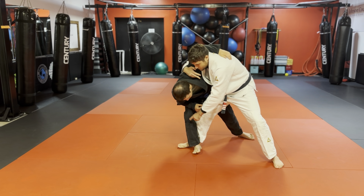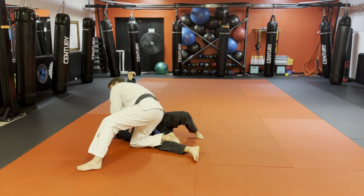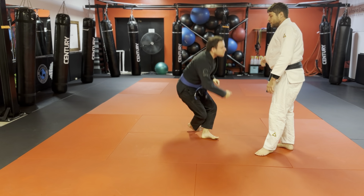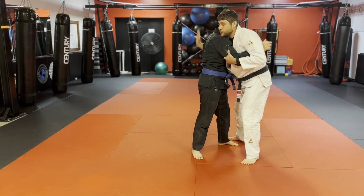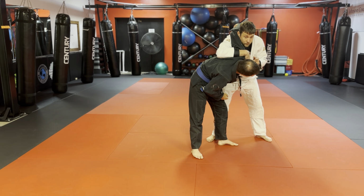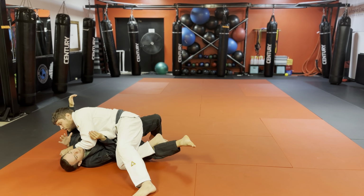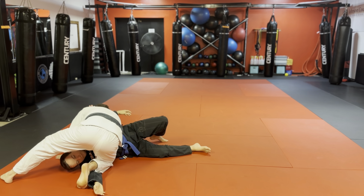Again, we're going down this weak plane here, right into the knee slide pass. So every time we do that Ko-Uchi, that inside trip, we're trying to get into the knee slide pass. So here's underhook 3, is I go here and I'm coming over his shoulder. Okay, so boom, right there. Okay, arm right if you want it. We've got